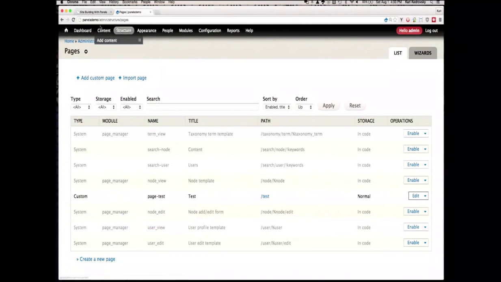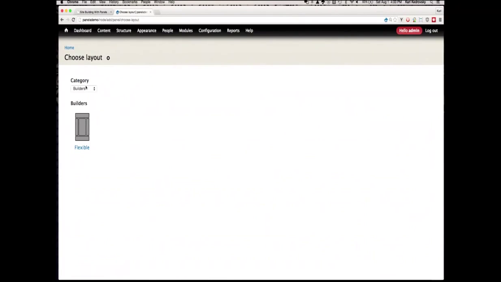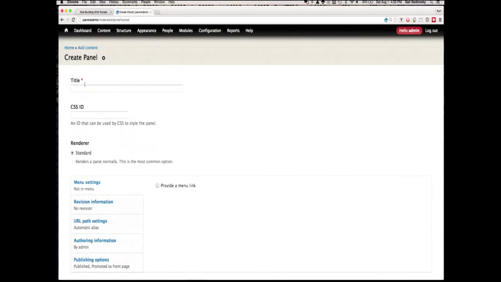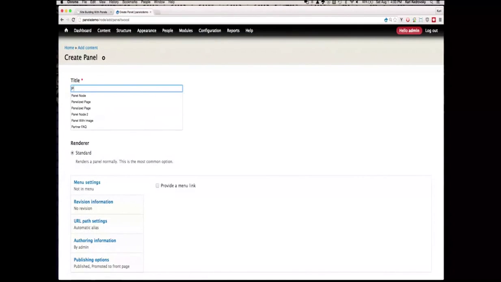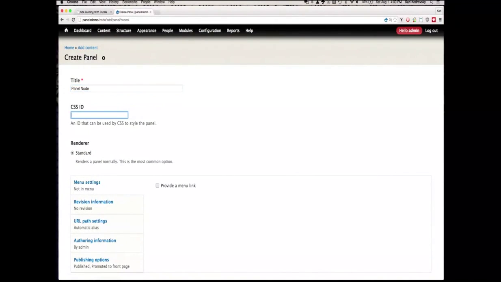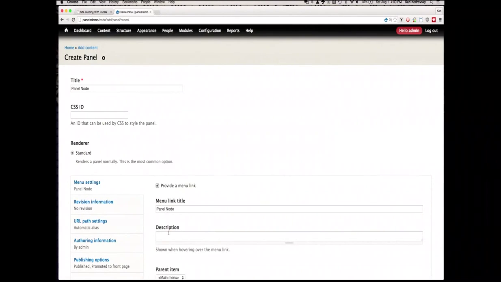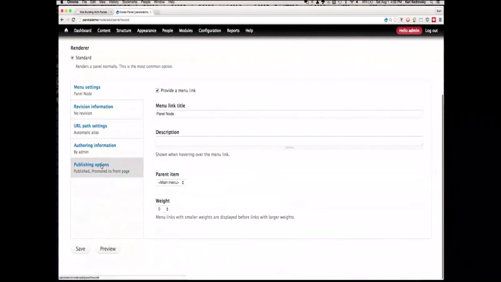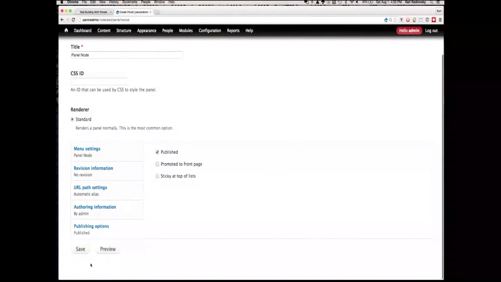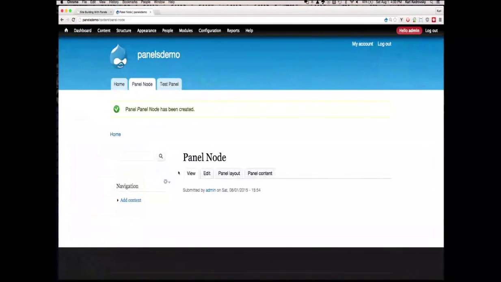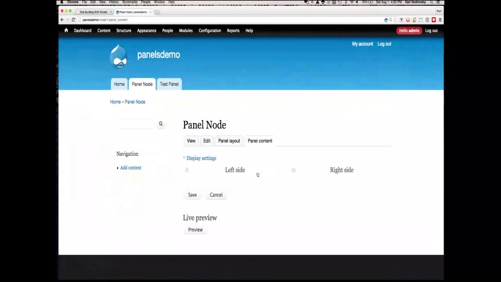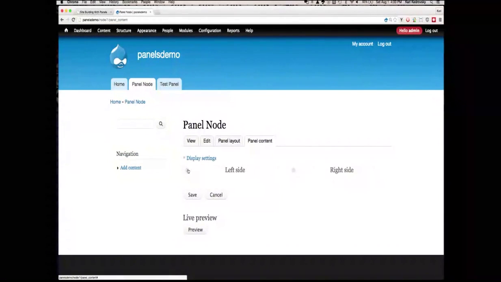The other thing that it gives you out of the box is a panel node. So when you create a panel node, you can choose the different layout, and give it a very creative title. We'll put it in a menu. Sounds about right. I don't want it on the front page. Publish it. And then I get a node now that has